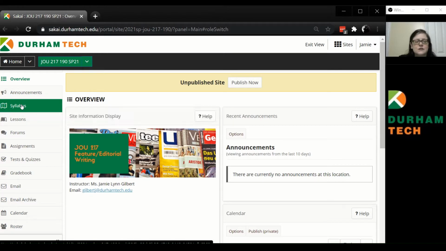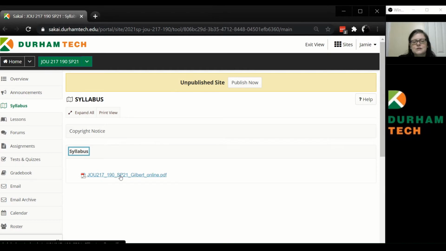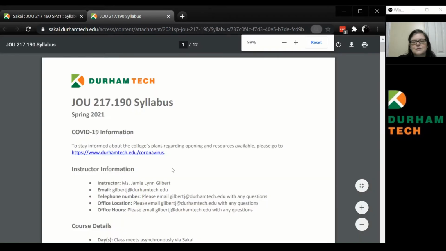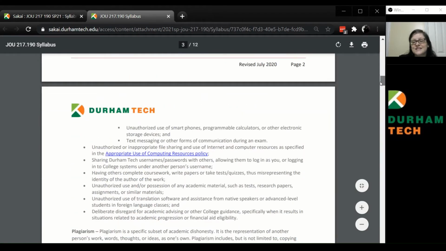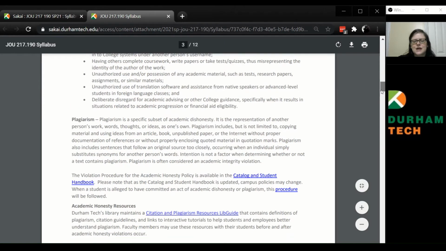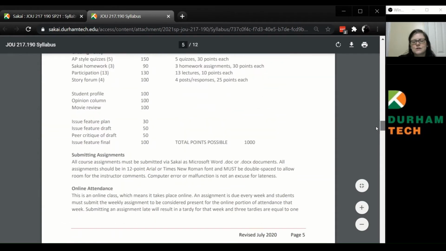Next, we have the course syllabus. This is where you have the syllabus. You'll click on it, and it'll show you information about the course, including the course census date, which is when you have to submit an entry into the Sakai site, as well as the final withdrawal date for the course.